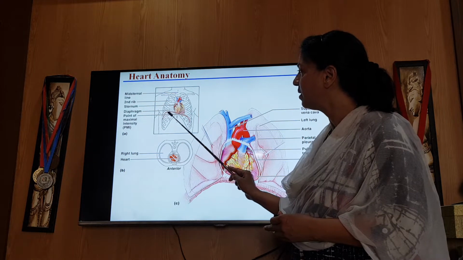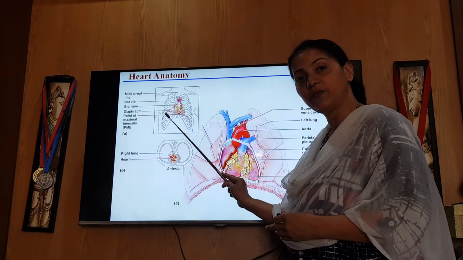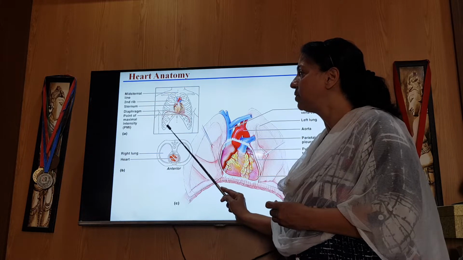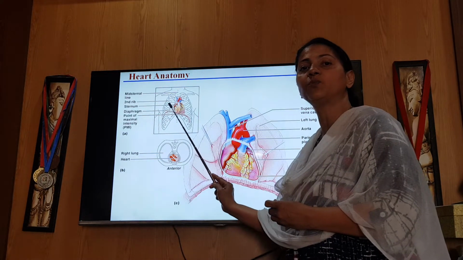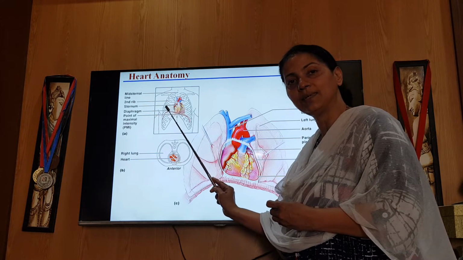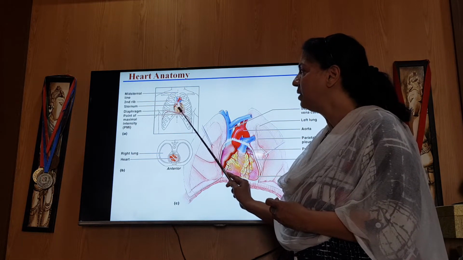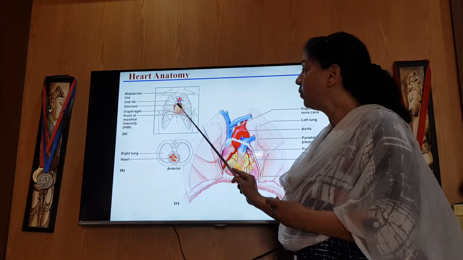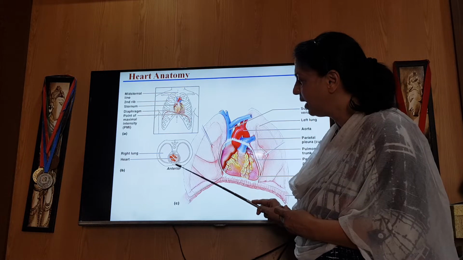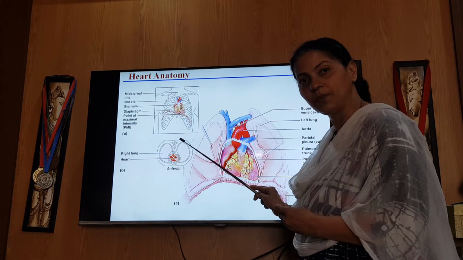What is the diaphragm? This line is representing the diaphragm. You can see the diaphragm is a little higher on the right side because from below you can see this is the position of the liver. So the liver has pushed the diaphragm upwards on the right side. So the heart is lying on the diaphragm, and anterior to the heart is the sternum, posterior to the heart is the vertebral column. Clear? Here also you can see anteriorly there is the sternum, posteriorly there is the vertebral column, and the heart